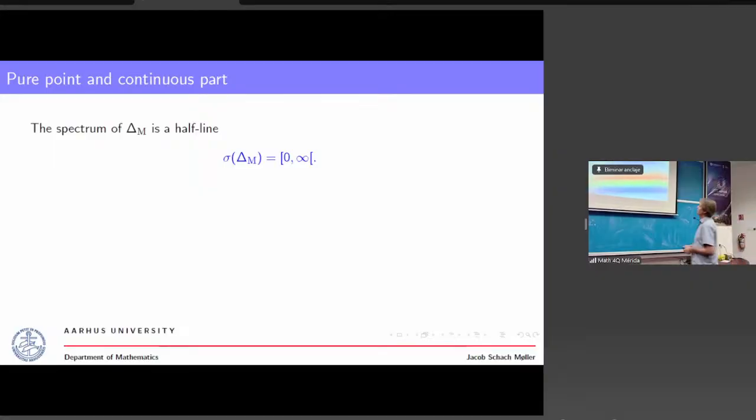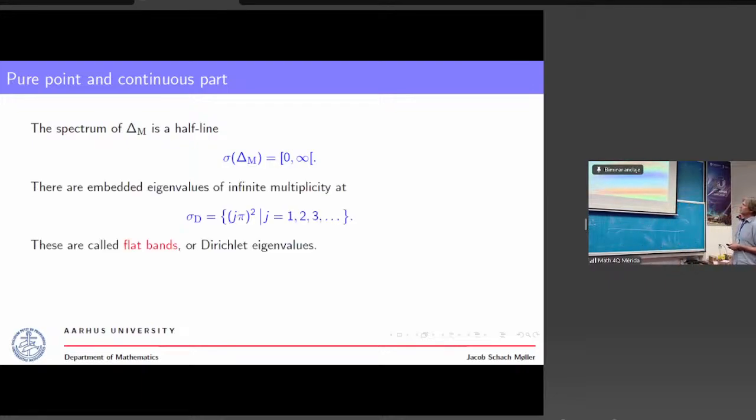So the spectrum of the metric Laplacian is a half line. It's not so unusual for Laplacians, unless it's the discrete Laplacian. So we have 0 here. But what is perhaps a bit strange is that you have embedded eigenvalues of infinite multiplicity. They said here that there is one at pi squared, and there's one at 4 pi squared, and